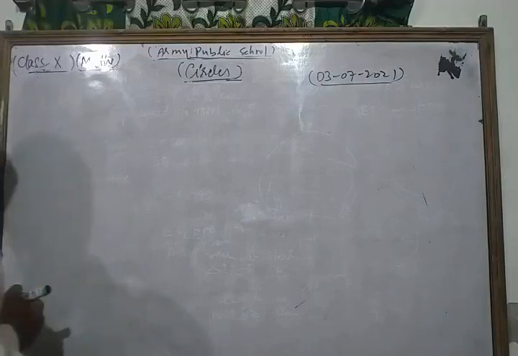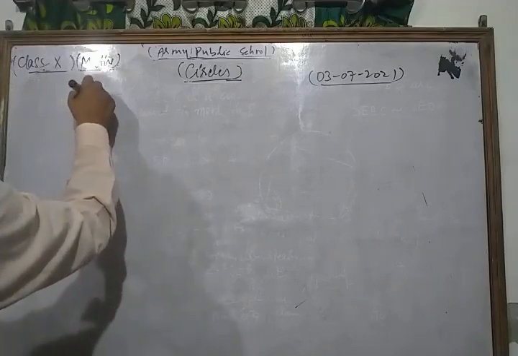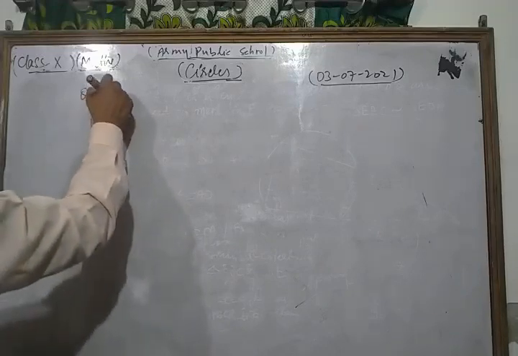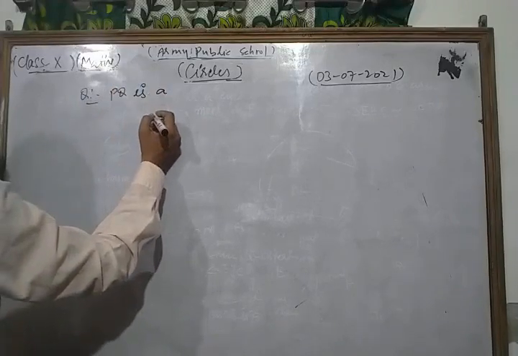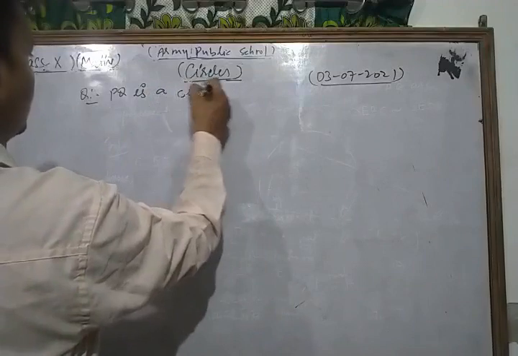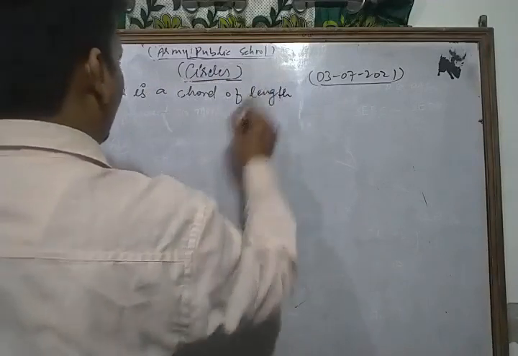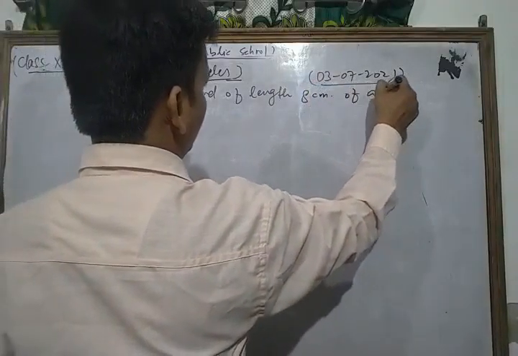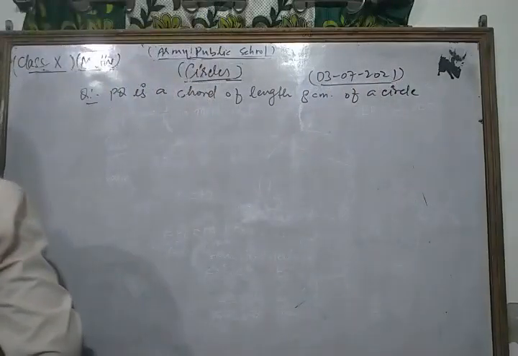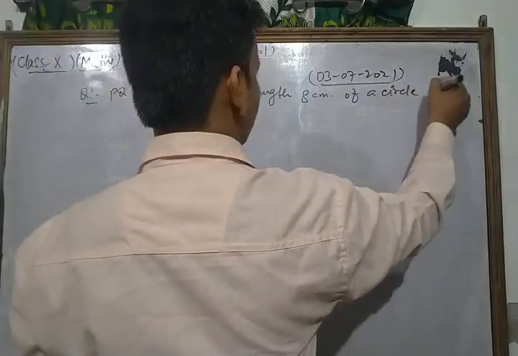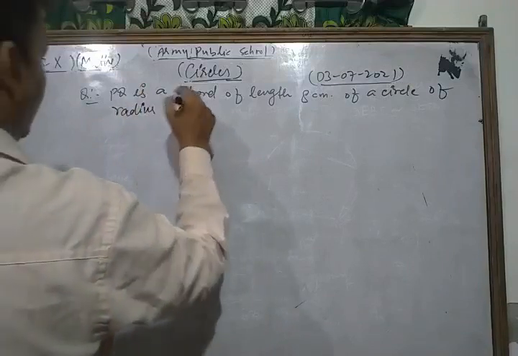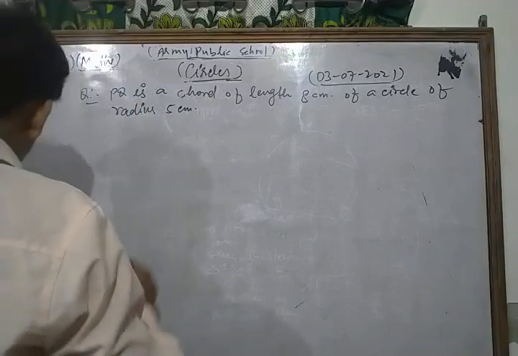Now this is a very important question of your NCERT exercise based on circle, and your question is: PQ is a chord of length 8 centimeter of a circle of radius 5 centimeter. The tangents at P and Q